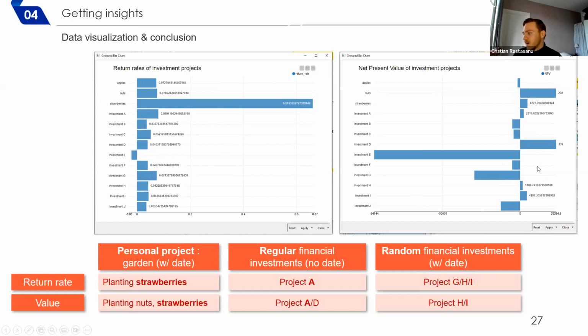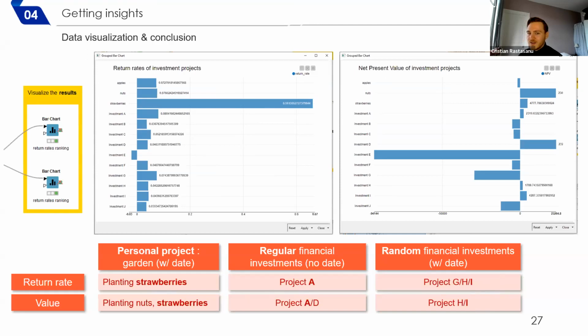And for the value, J we shouldn't choose, G we shouldn't choose, and H or E. So if we have to choose one, we choose I here, and A and strawberries. So we have our portfolio basically. We have the way to get financial freedom. So this is it